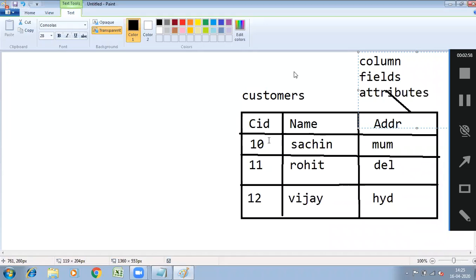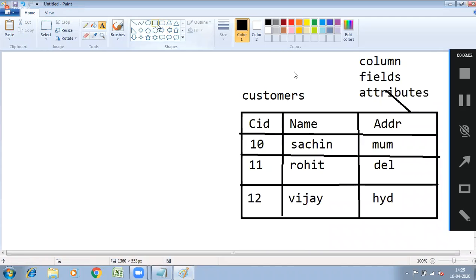So how many fields does this table contain? 3 fields: customer ID, customer name, and customer address. And what are these horizontals called?